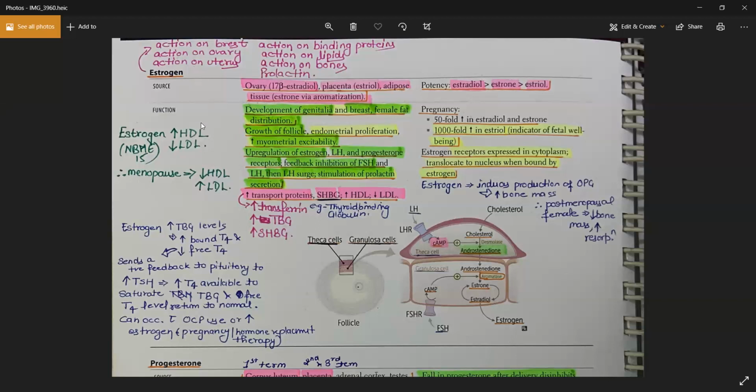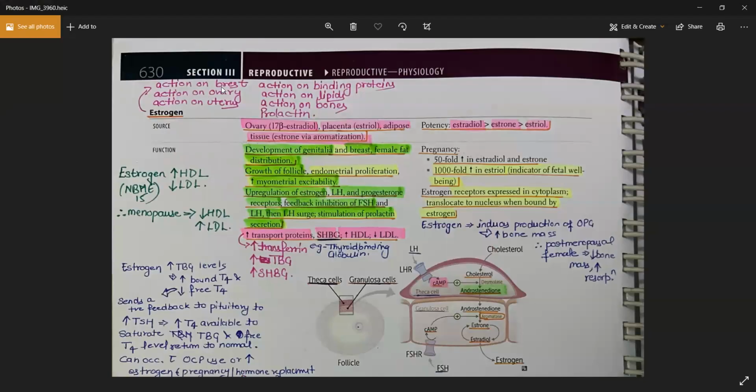Please note it has an action on the breast, the ovary, the uterus, the binding proteins, and it has action on the lipids, bones, and the prolactin. Different forms of the estrogen exist. You have the estradiol, which is the most common form. From the placenta in the intrauterine life, you have the release of estriol. And from the adipose tissue, you have the release of estrone,